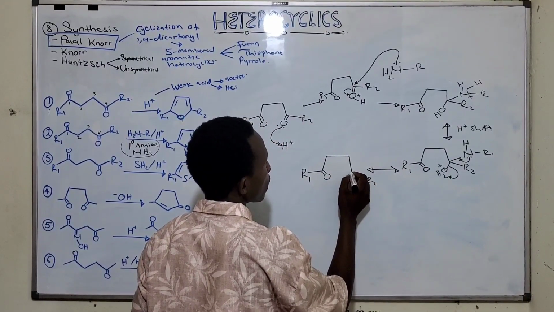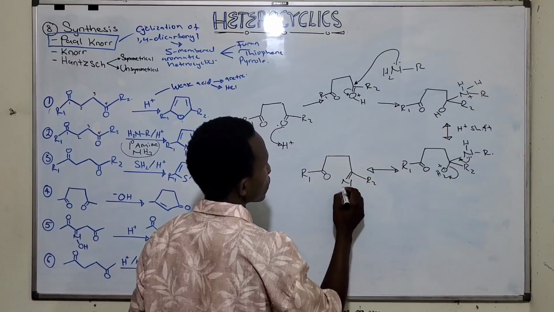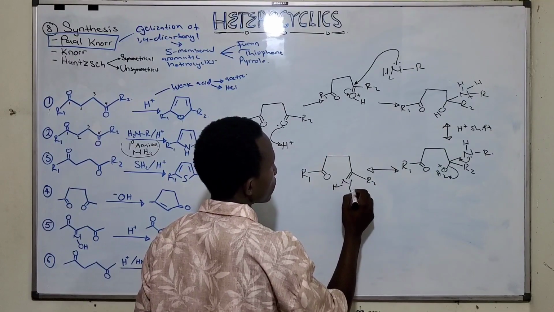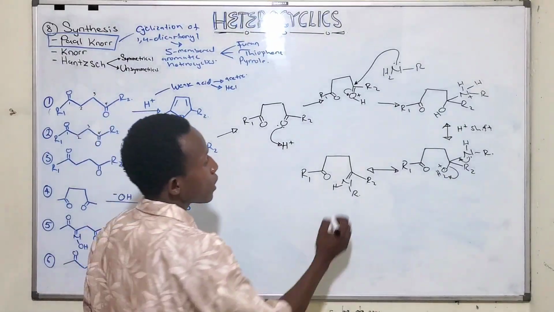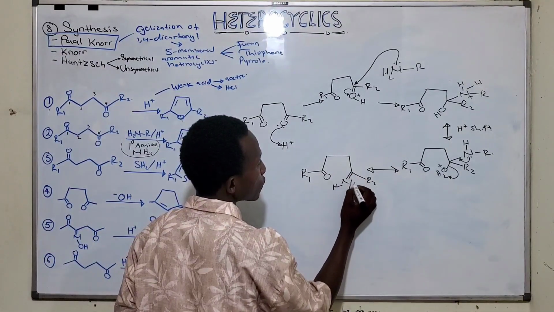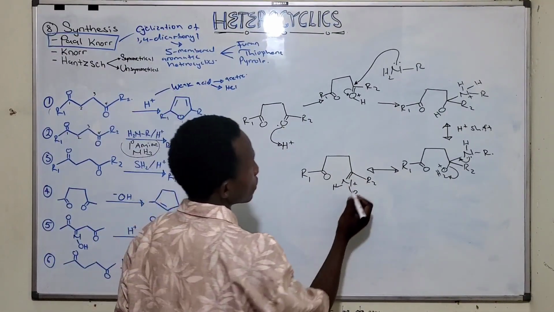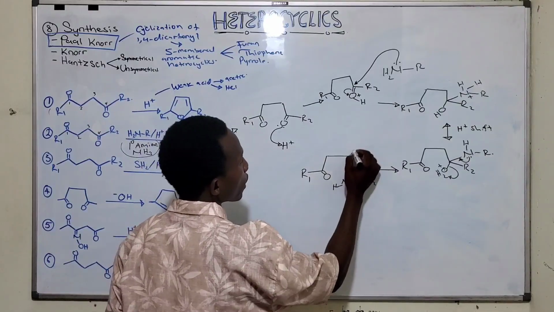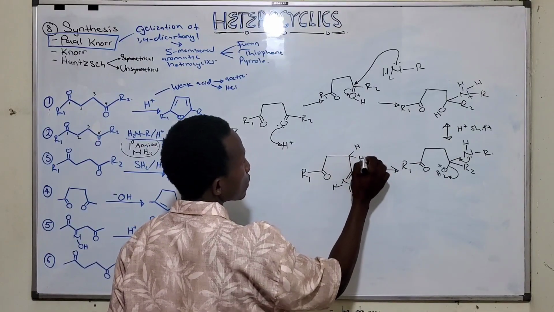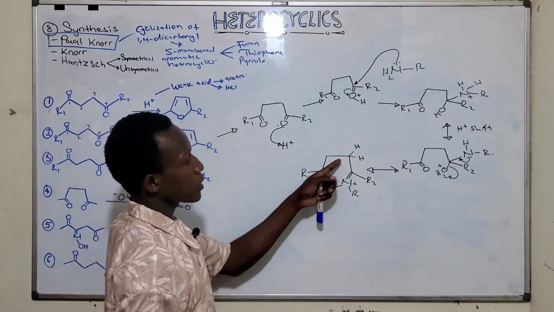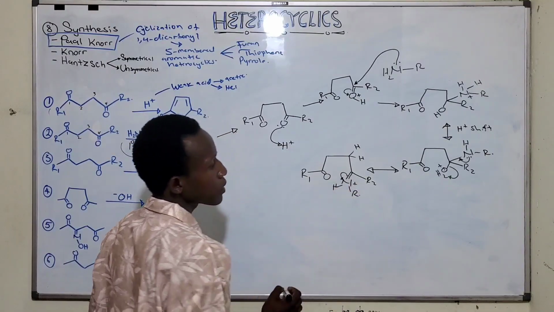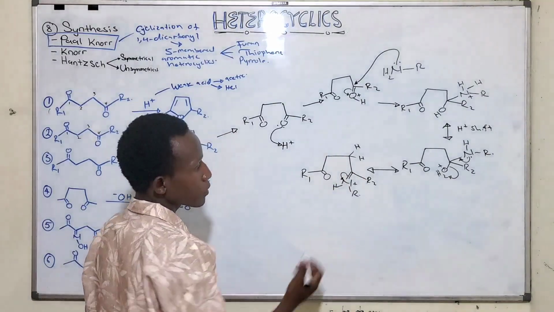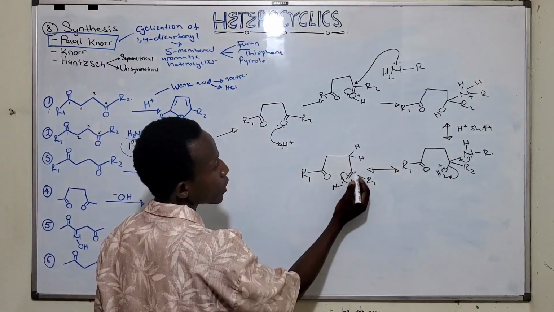The amine has formed a double bond, so it is N, H and R. This is what we are having, and it's now positively charged. So remember, we're having hydrogen here. This carbon is saturated. As this one tries to stabilize, it pulls these bond electrons, creating a carbocation,